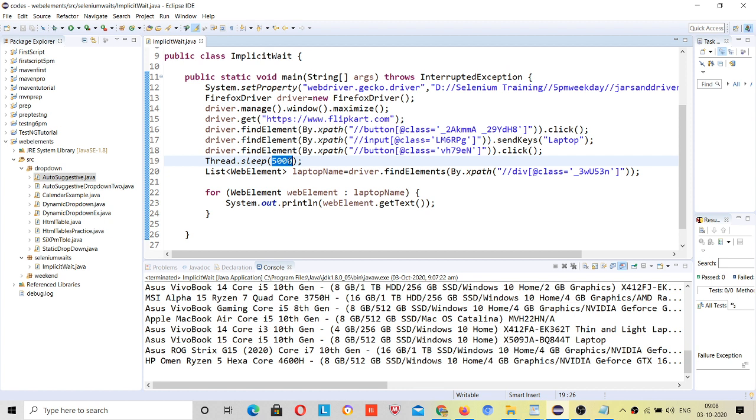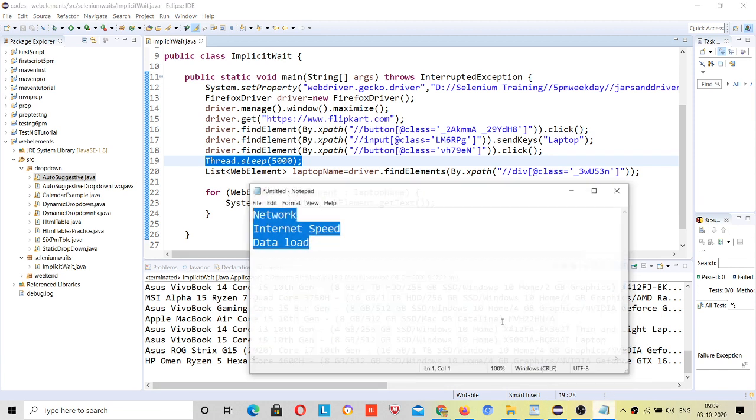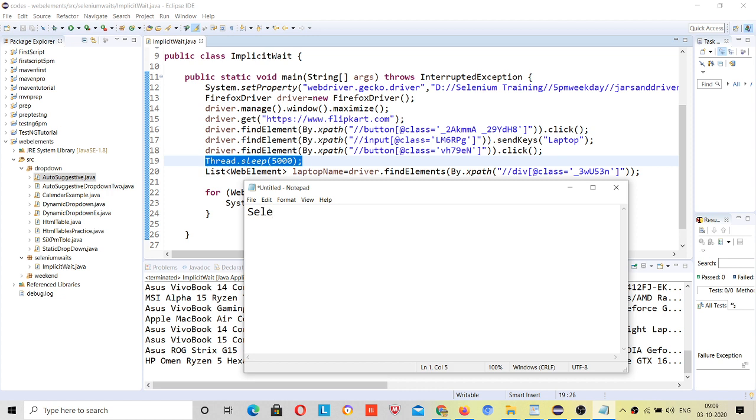Now how will you decide what Thread.sleep to use, and this is a single line of Thread.sleep over here, right? Suppose you have used it inside your script 10 times, 50 times, then what will happen? Running a single script will take more than 20 or 50 minutes, right? So this will slow down the performance of the system as well as the tester, right? So this is where Selenium waits come into the picture to overcome this problem, right?